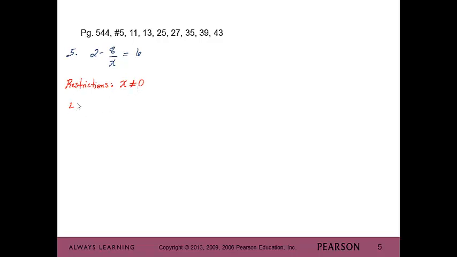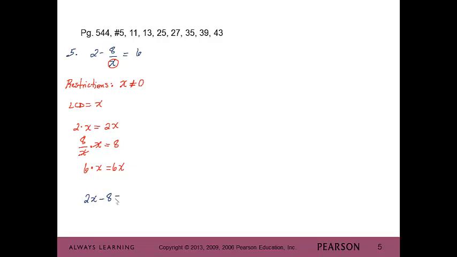Now we can move on to find the LCD. So the only denominator we have is x, therefore the LCD is going to be x. So now we're going to multiply each term by x. So 2 times x, that is 2x. And then 8 over x times x. Well, the x's cancel out, leaving us with 8. And then 6 times x is 6x. So our equation is now going to be written as 2x